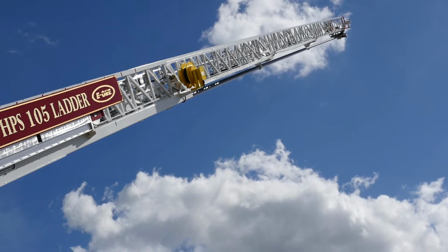E1 just broke into the steel market and they're now doing aluminum and steel aerials, and I also got to see the new Hush series units, two of them, which is a pretty exciting new product with a rear-mounted engine. The 105 ladder, I got a chance to operate it, and when I was up there